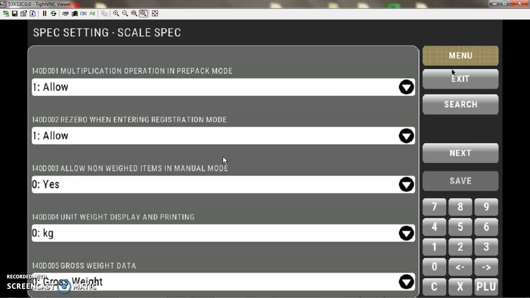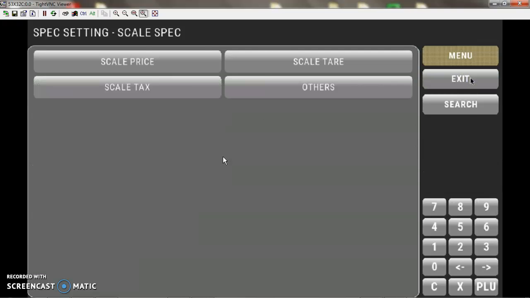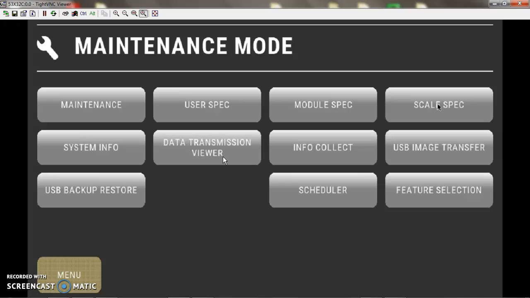To find out how it needs to be set up, and that's scale spec. So in maintenance mode, this is pretty much all you'll be dealing with. And lastly, the USB image transfer. This is where you would have a USB set up with